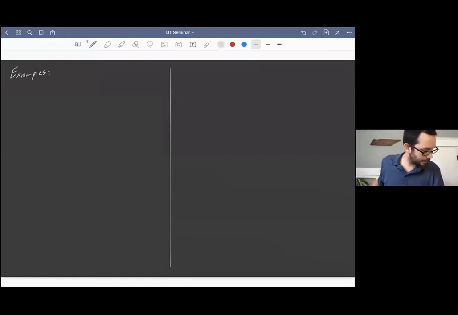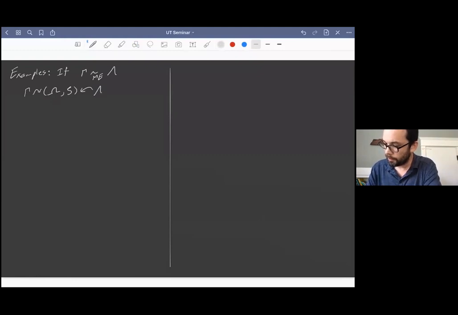So examples. Well, I already mentioned that if Gamma is measure equivalent to a group Lambda, then there's some measure equivalence coupling, Omega. And of course, we then have the corresponding dual action on the L infinity space. And this is a von Neumann equivalence coupling in the sense that I gave you. So we can naturally get that Gamma and Lambda are von Neumann equivalent. So that's a straightforward example.